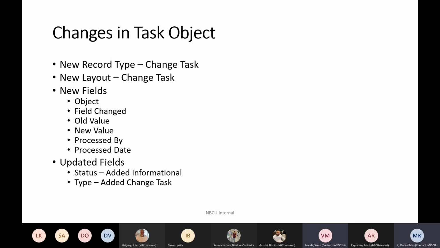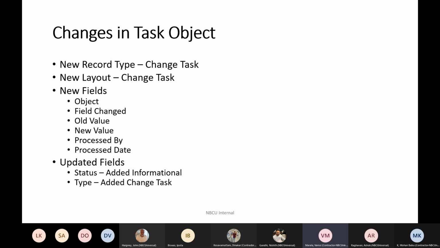Dinakar, we have this field history tracking, which is from the Salesforce standard. There is a limit where we can have only 20 fields for field history tracking. So we need to extend that, and we need to achieve the approvals from the JV. For both things, we created a new functionality, which is a change task.